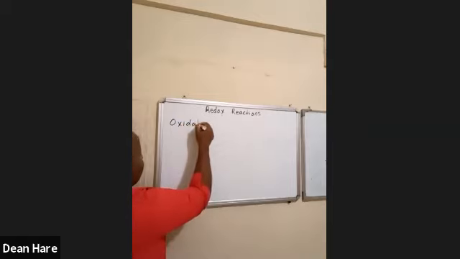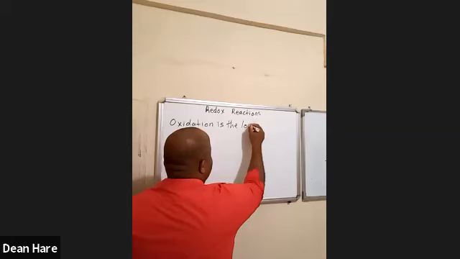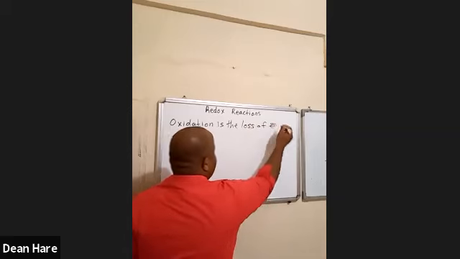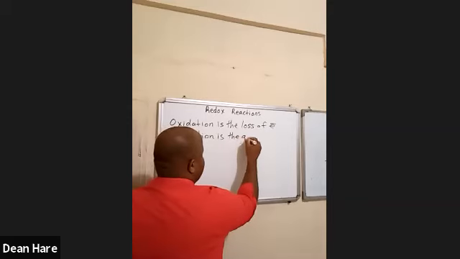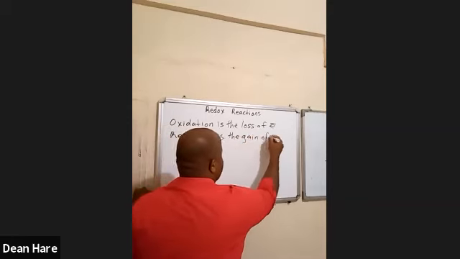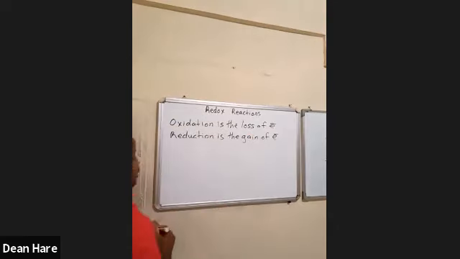oxidation is the loss of electrons, and reduction is the gain of electrons. And in terms of oxidation state,